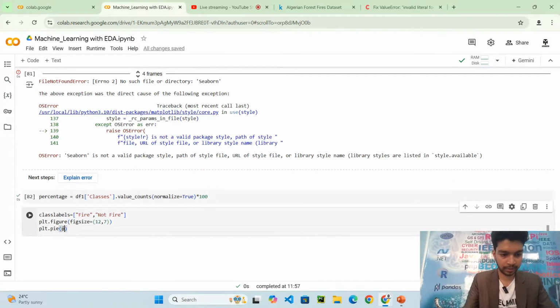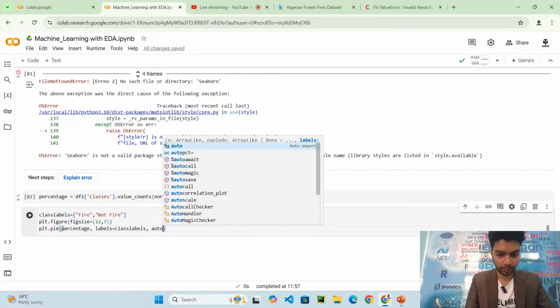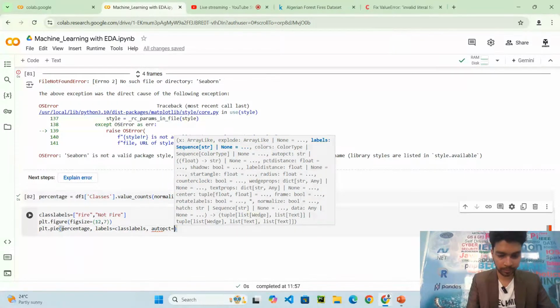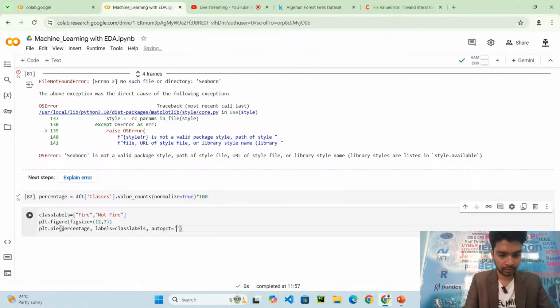So I'll plot this percentage, labels equal to class labels, autopct equal to percentage 1.1f, and plt dot title pie chart of classes, then plt dot show.